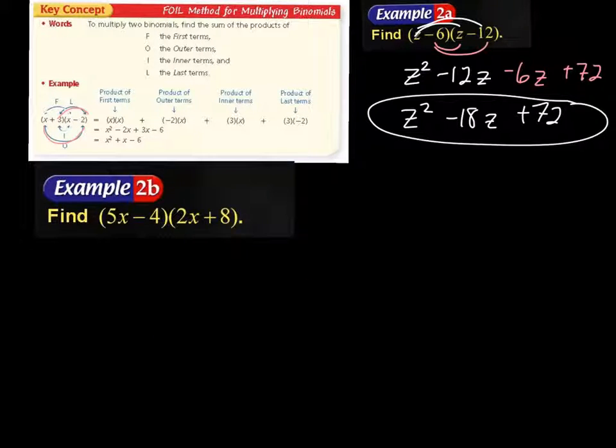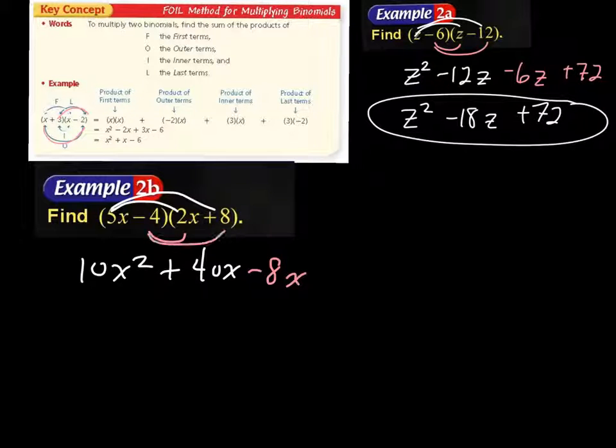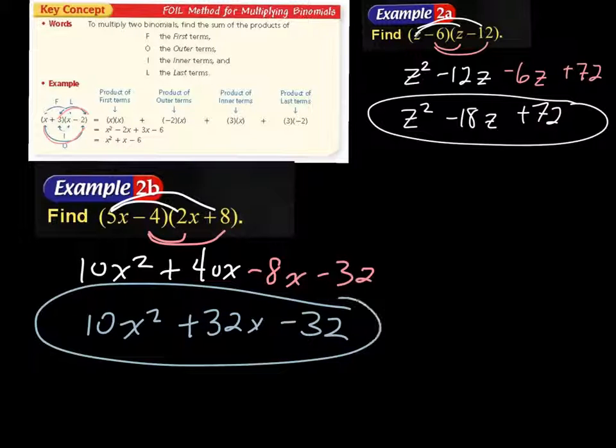So very quick problems. First, so we have 10x squared, outer, plus 40x, inner, minus 8x, last, minus 32. And I can combine my like terms. So I have 10x squared, 40 minus 8 is 32x, minus 32 happens to be 32 there also, and we're done. Now because these are so quick and easy, they had to throw in a zinger, and we're going to